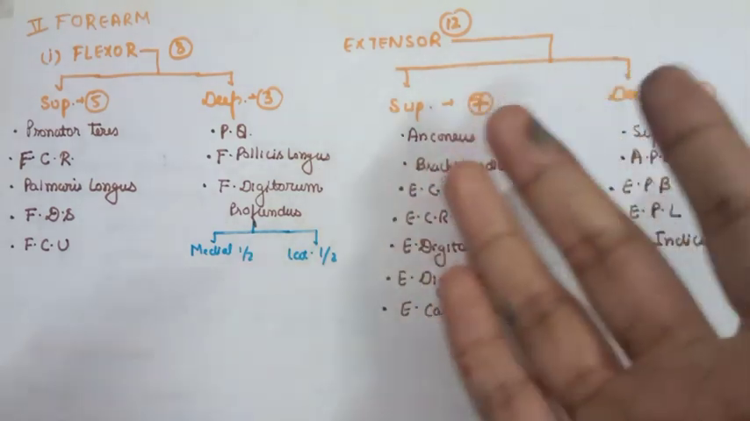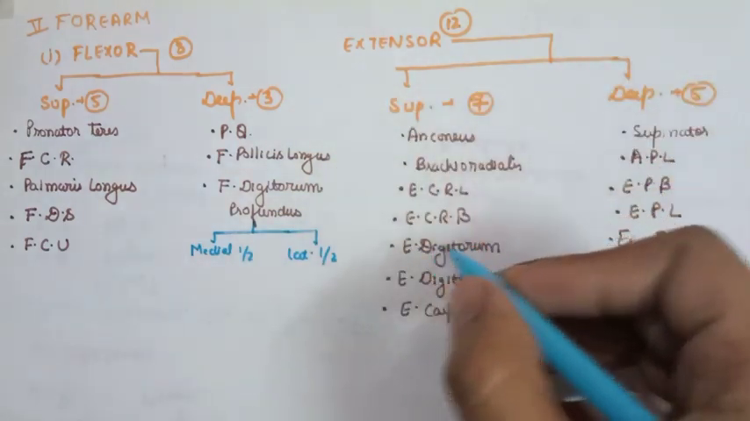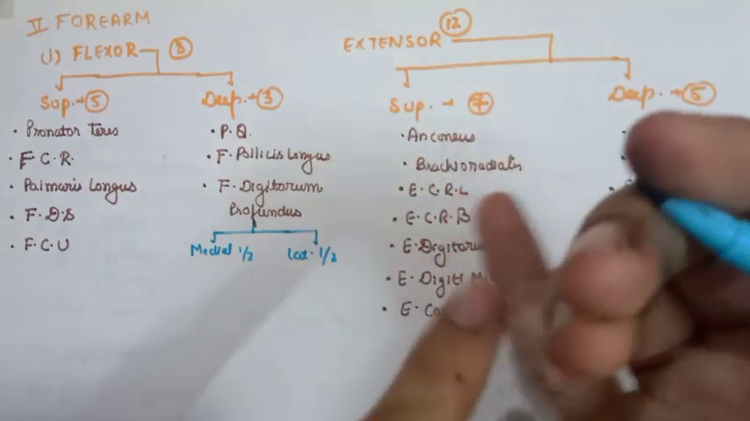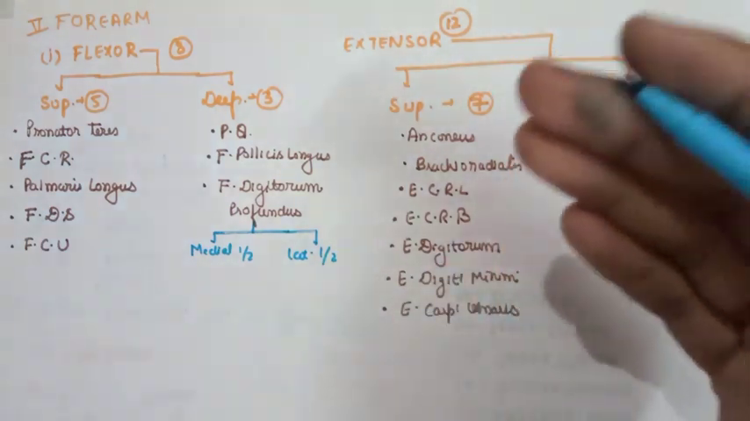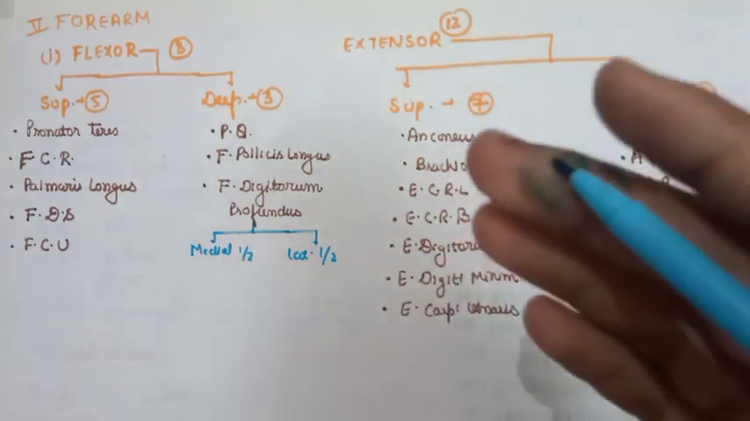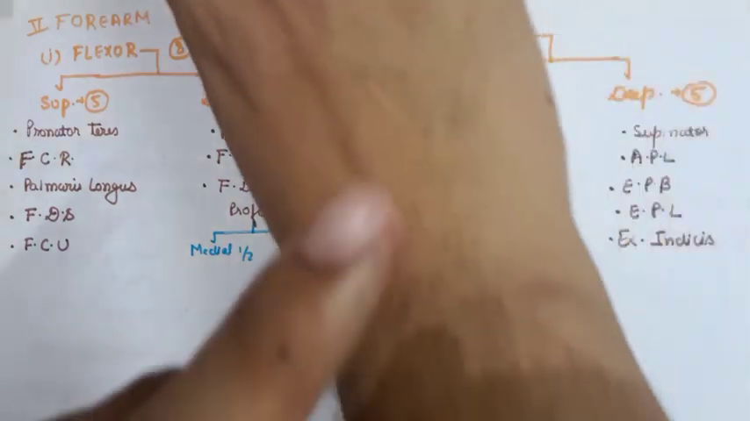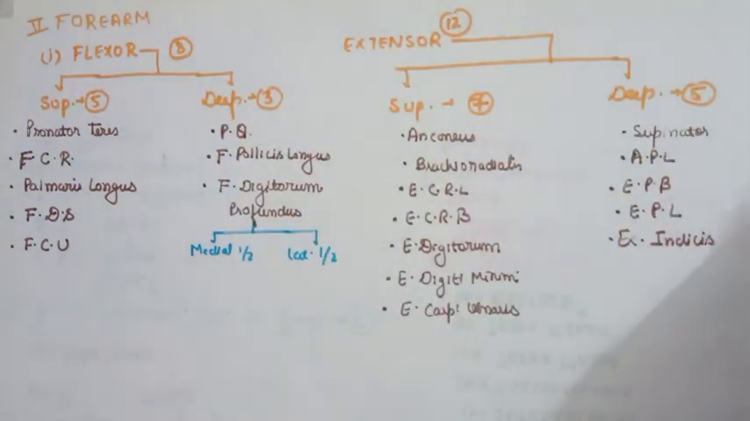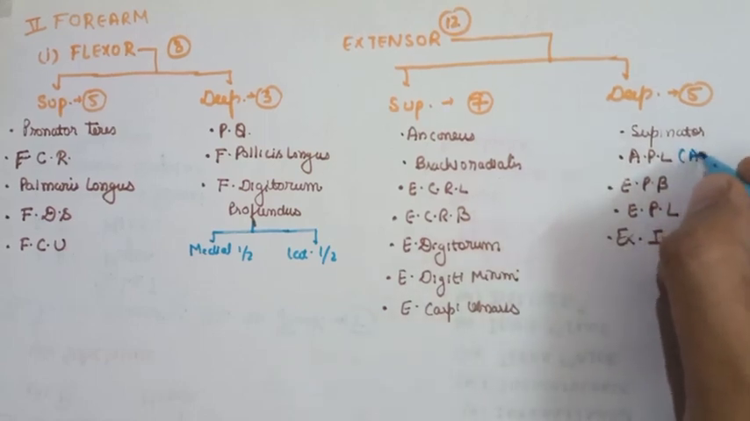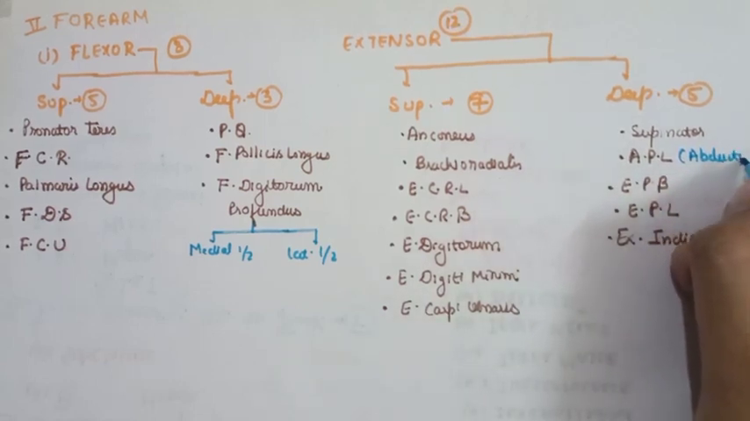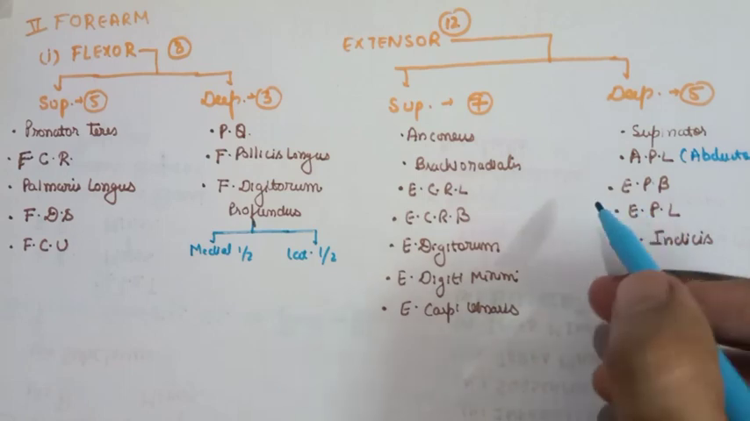Okay, now the normal digits. So we have extensor digitorum, and extensor digiti minimi supplies the little finger, and the extensor carpi ulnaris on the ulnar side. So these are the muscles of the superficial group of the extensor compartment of the forearm, that is in the back of the forearm. In the deep muscles we have the supinator, abductor pollicis longus, extensor